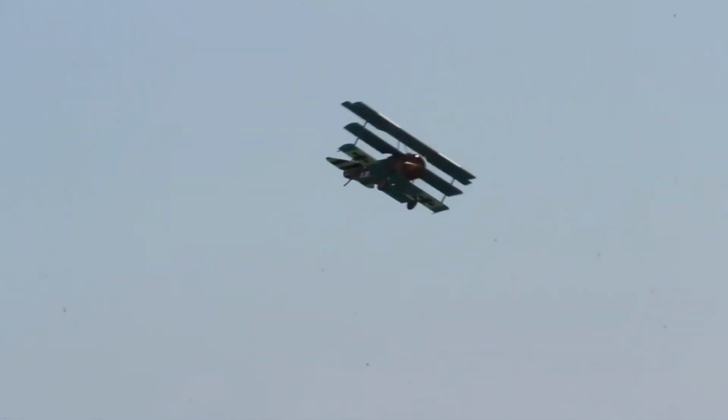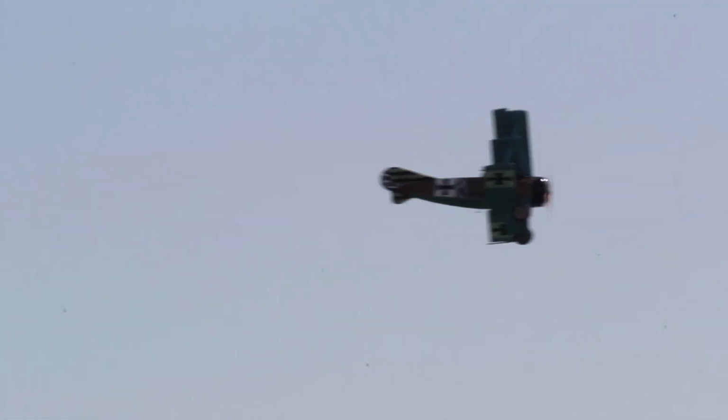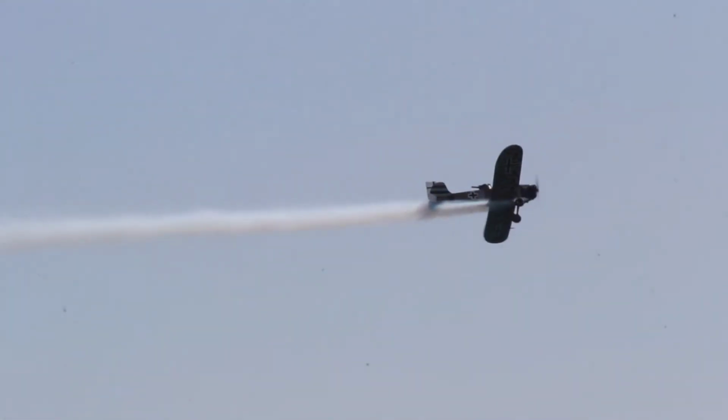Sopwith triplane there being chased down by the Fokker triplane. Sopwith was the original triplane. The Fokker was indeed a copy of it. The triplane. Yes,